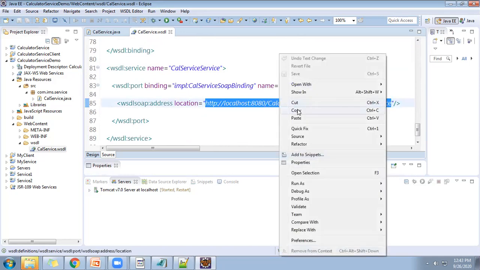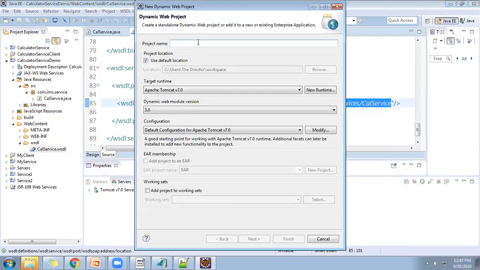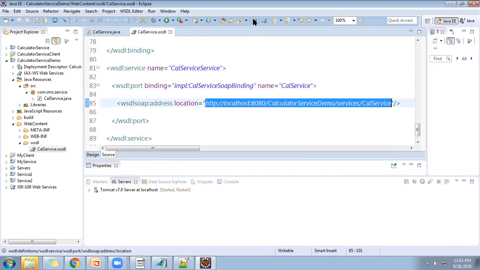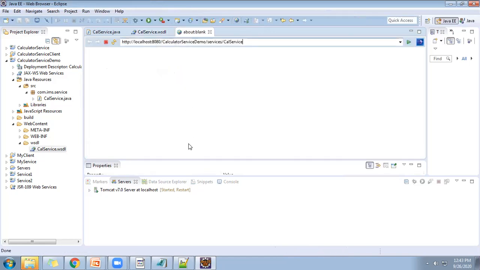Just copy that path, open the browser, paste the URL and add a question mark followed by WSDL, then just click enter.